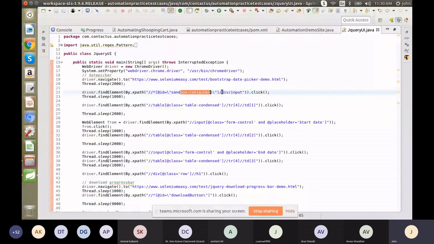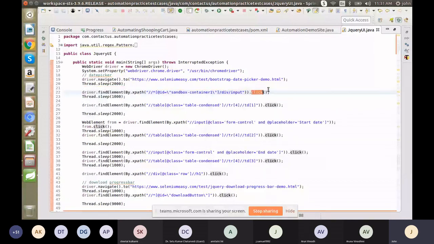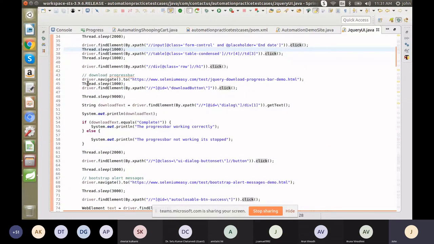So you have to find the correct XPath. Suppose you use this ID, it will not work. So we have to find the correct XPath, and then use the click object. Then it will select the date option. So this is for the date, and then I have written the same thing for the download progress bar.